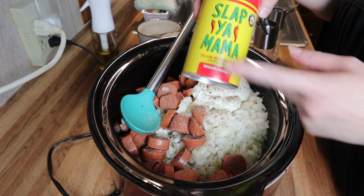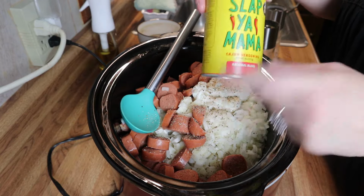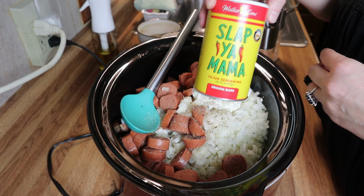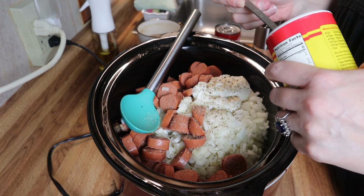And I've got some Cajun seasoning. This is Slap Your Mama Cajun seasoning. This is really good. It's one of our favorite brands. But any Cajun seasoning you like will work just fine. So I'm going to add in a little bit of that,